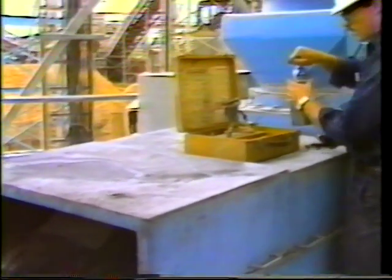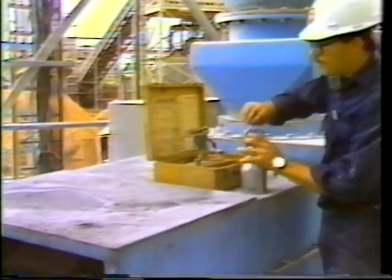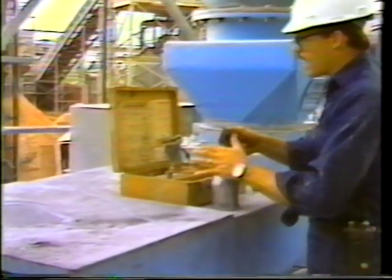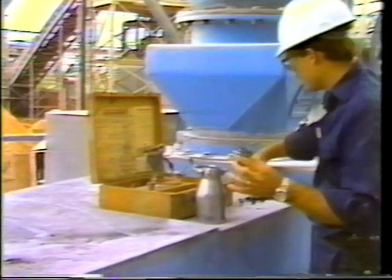Okay, tell me what you're doing there. Okay, I'm weighing the sample. So I'm going to put the sample in the top